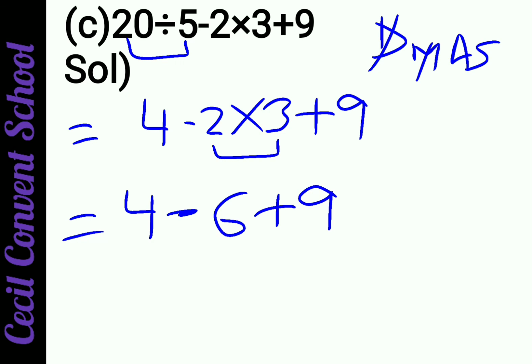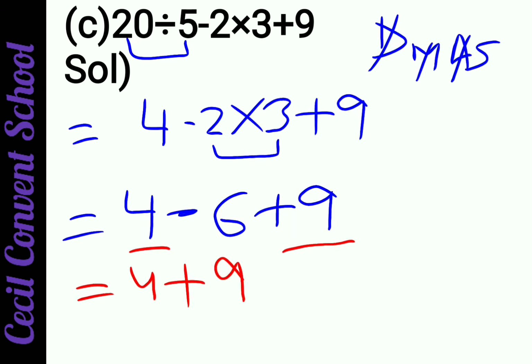Clear? Now after this A is given. A means addition. For addition you must have two numbers with a plus sign. 4 is positive because no sign is given before 4, so it will be plus only. And before 9 is plus 9. So students, what you have to do? You have to solve 4 and 9 first because both have a plus sign. So you write 4 plus 9.